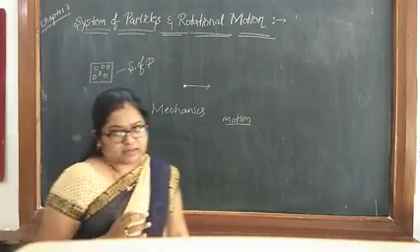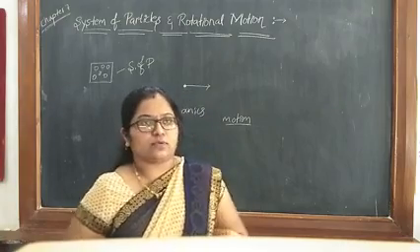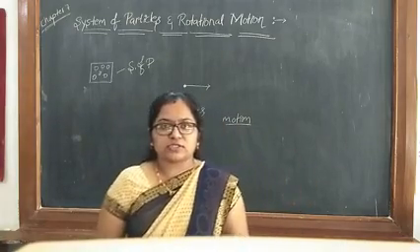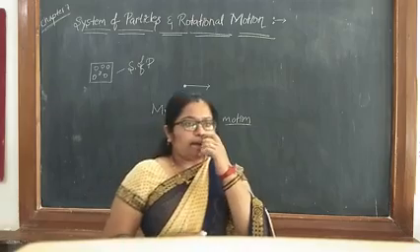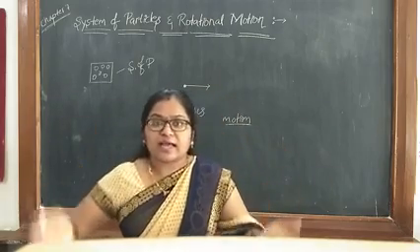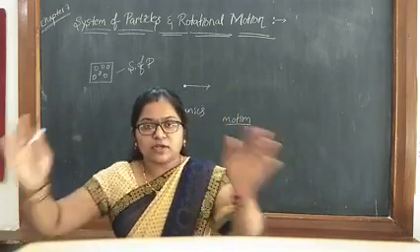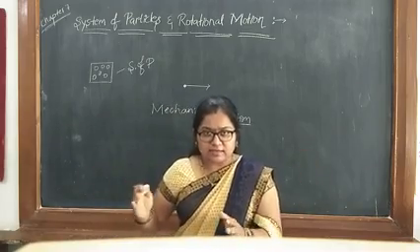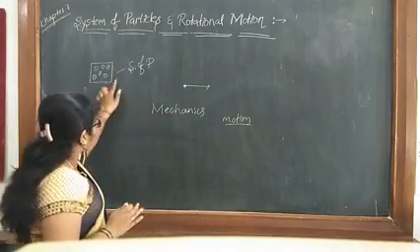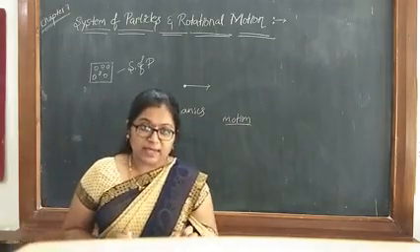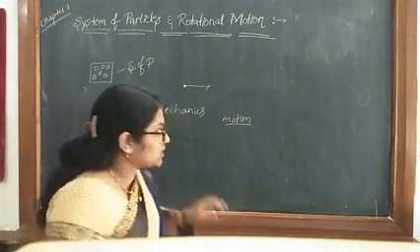So a group or collection of a number of particles is nothing but a system of particles. Now you try to give some examples for a system of particles. We already said a bottle full of water. Your body is a system of particles. A book is a system of a number of pages. Your class itself is a system of various students. Your college is a system of various people. Like that, a group or collection of particles is called a system of particles. This whole body we can call a system of particles, which will contain n number of particles. So this is about the system of particles.